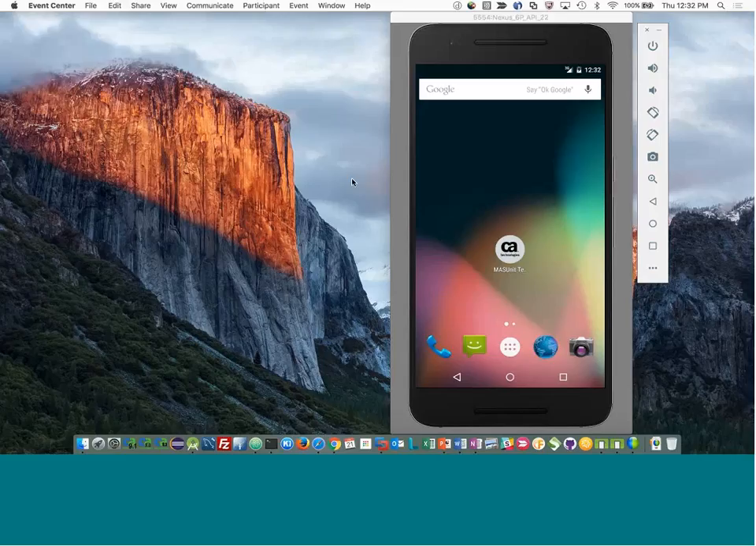On screen, I have my mobile device. This is an emulator for a Nexus 6P. It's running Google Lollipop, Android Lollipop version 5.1. On the back end, as Dinesh has mentioned, there's also a server environment that we need to consider as well,